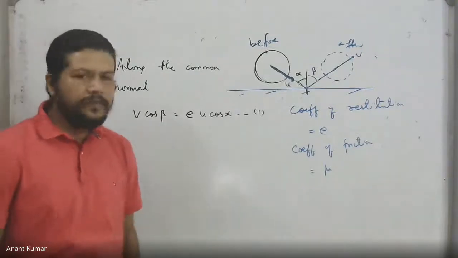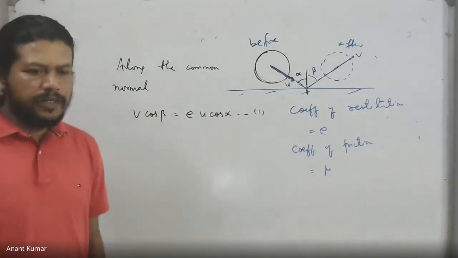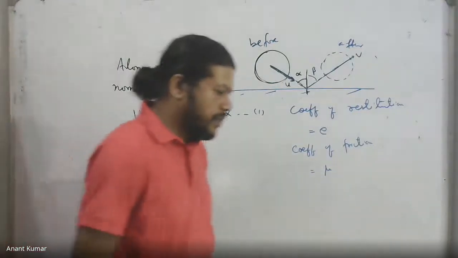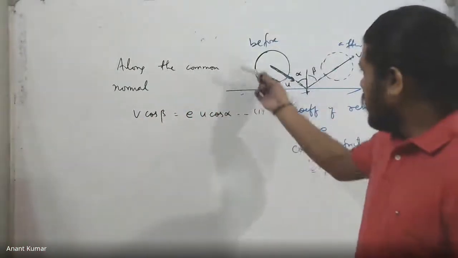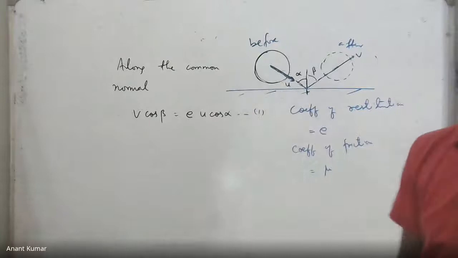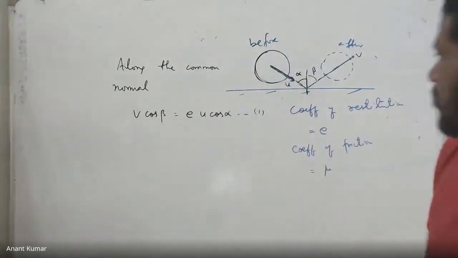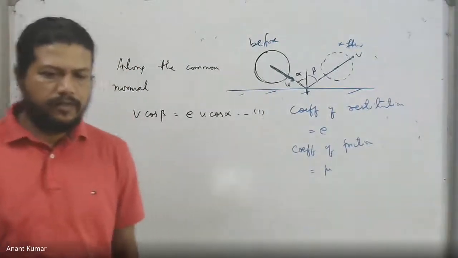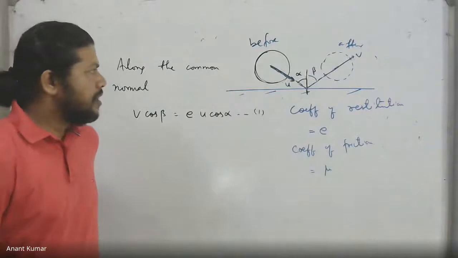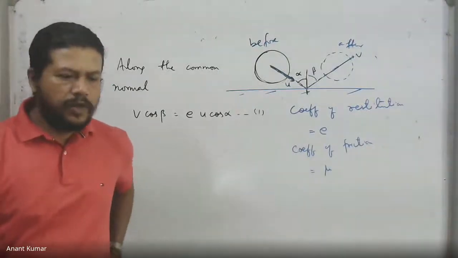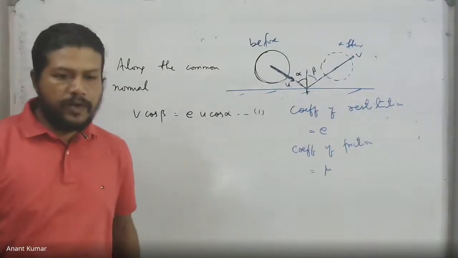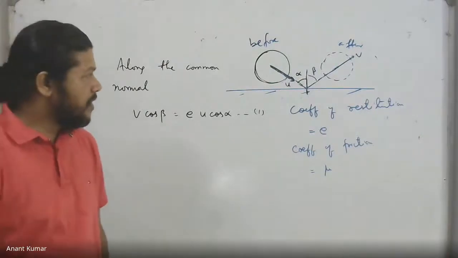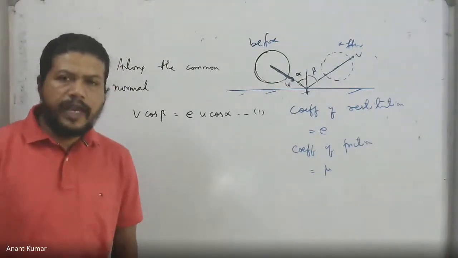And notice in this case that because the normal reaction is going to be impulsive, which implies it is acting for a very short duration, large amount, and there is a tendency to slip. In fact, the sphere when it collides has velocity in the forward direction, so it will tend to slip, which implies that the friction is actually acting in a backward direction, and that is also impulsive in nature. The friction will try to slow it down, and because the normal reaction is impulsive, in this case the friction will be impulsive as well, which implies the friction force will also be quite large because N is large.